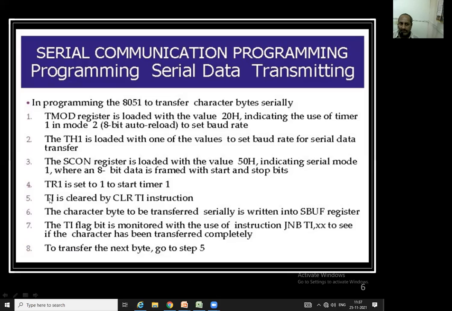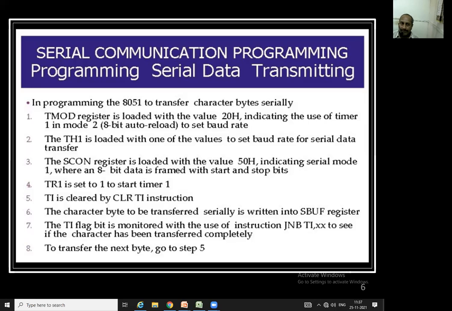म्हणजे पुन्हा तो TI जो सेट झालेला असतो, 1 झालेला असतो, टाइमर इंटरप्ट फ्लॅग, तो क्लिअर करायचा, पुन्हा मग सिरियली SBUF मध्ये पाठवायचं, SBUF मधून पुढे नेक्स्ट कॉम्प्युटरला पाठवायचं, पुन्हा बाईट संपलं की पुन्हा क्लिअर करायचं TI फ्लॅग, पुन्हा the same process it is going to happen. So this is what for transmission.